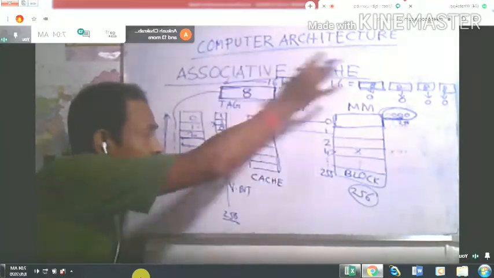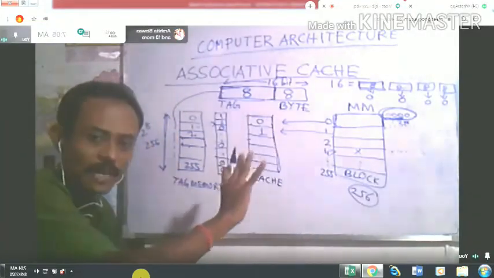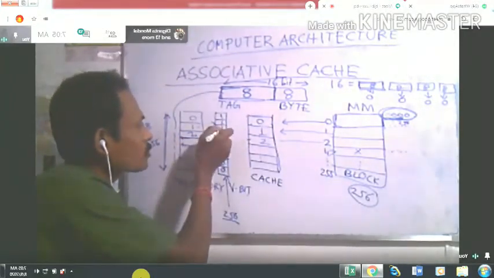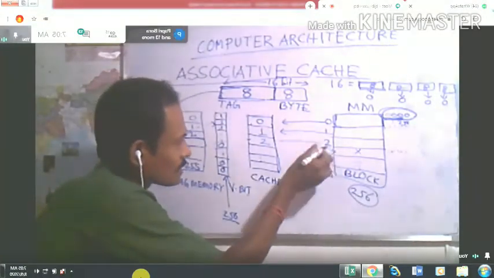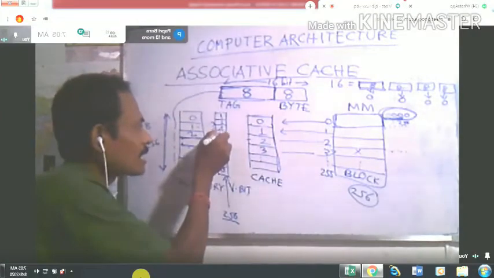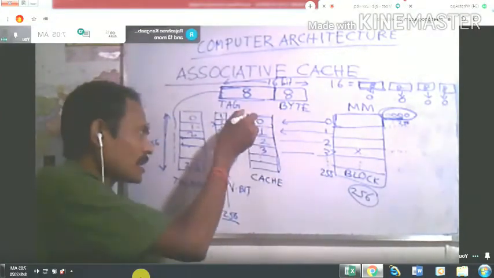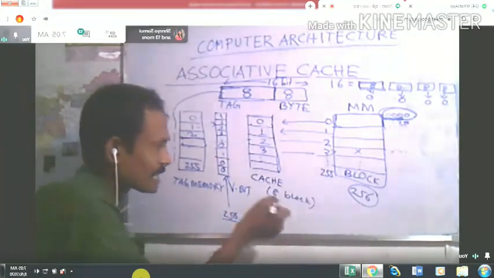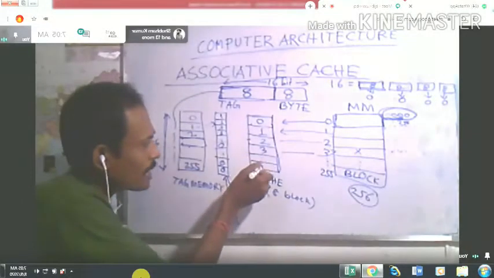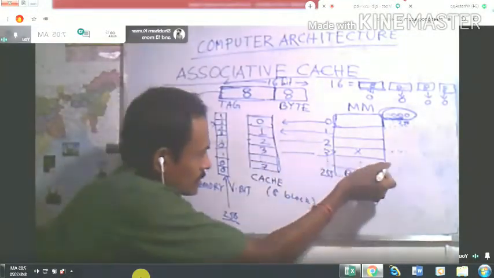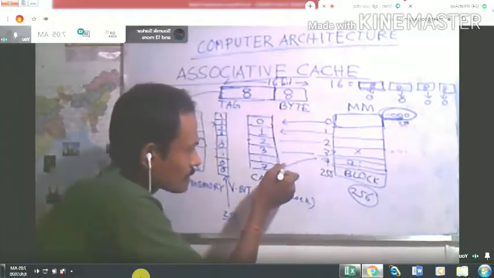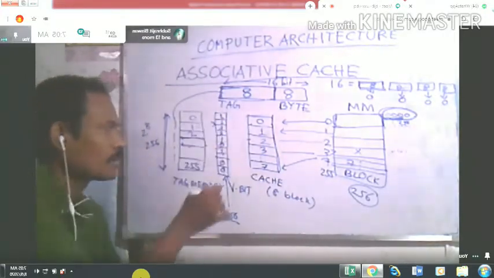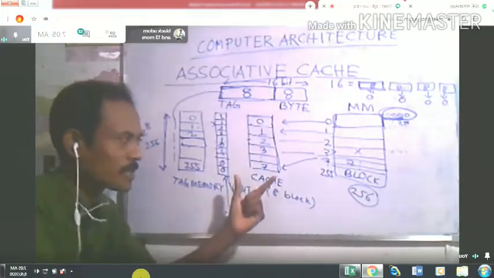The basic concept is, in the associative cache, any block of the main memory can be placed in any position. So now the second can be placed here, then its valid bit will be 1. Then suppose the third is placed here, then that will also be 1. Suppose in the cache there are a total of 8 blocks. This way you can occupy up to the 7th block. So now all of 1, 2, 3, 4, 5, 6, 7 are 1 and the remaining are 0. That means your cache memory is full.